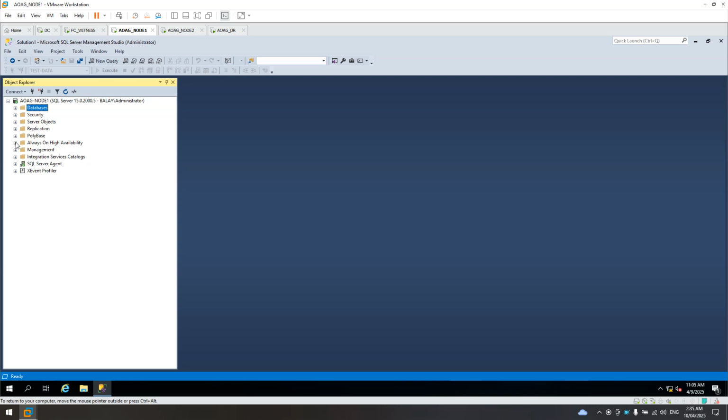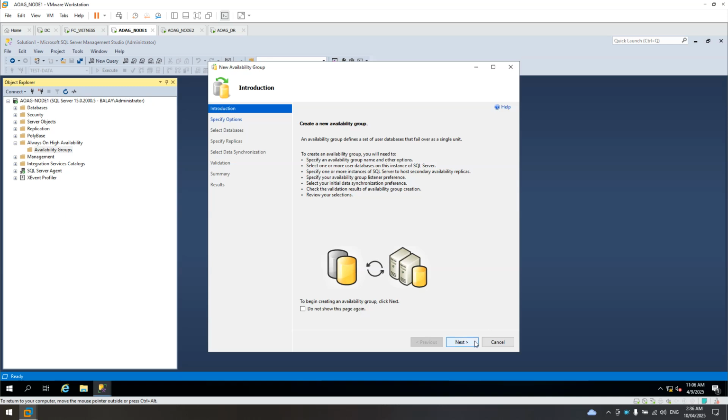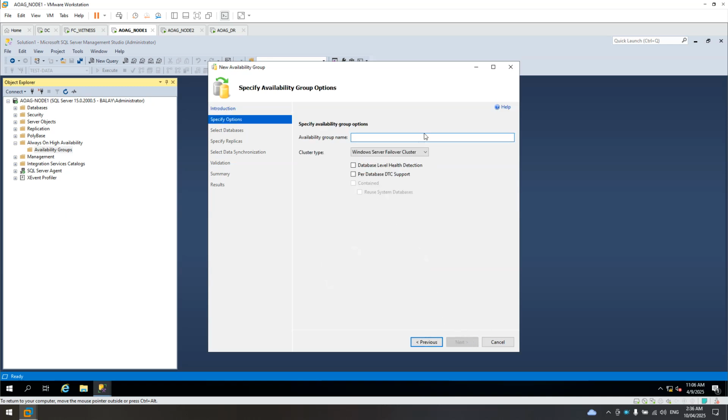So right now we'll minimize that one and proceed with the AOAG. Expand the Always On availability group. Under the availability group, click new availability group wizard, and click next. Then name it AOAG availability group test.